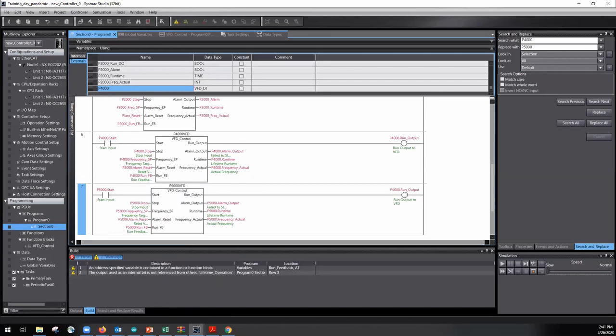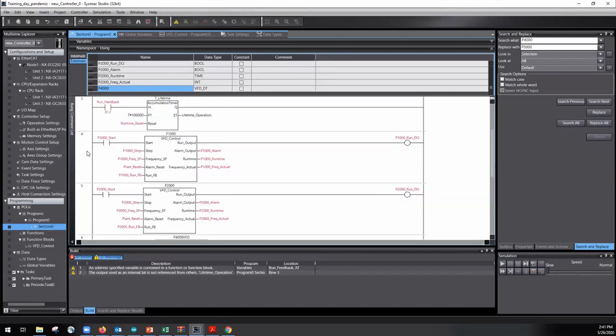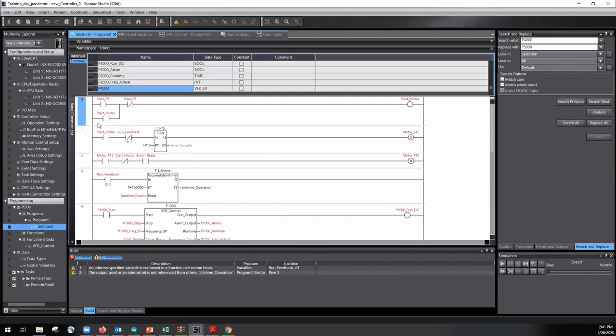Okay, so anybody having any issues with that? I know I probably confused everyone a little bit with the P3000 block and naming my UDT P3000. Okay, good. Now, so the first thing we did here was the